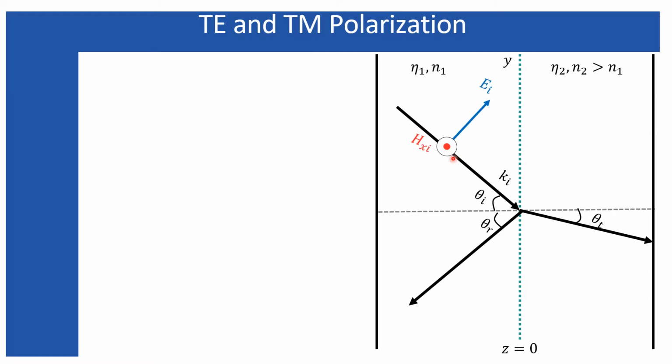The electric field is perpendicular to the direction of propagation, which is denoted by ki, the wave vector along the direction of propagation. EI represents the electric field, which must be perpendicular to the direction of propagation, and the magnetic field will also be perpendicular to the plane that contains the electric field and the direction of propagation. Therefore I have considered HX along this direction. But when you consider the direction of propagation, the electric field and the magnetic field, everything should be as per the right hand rule.